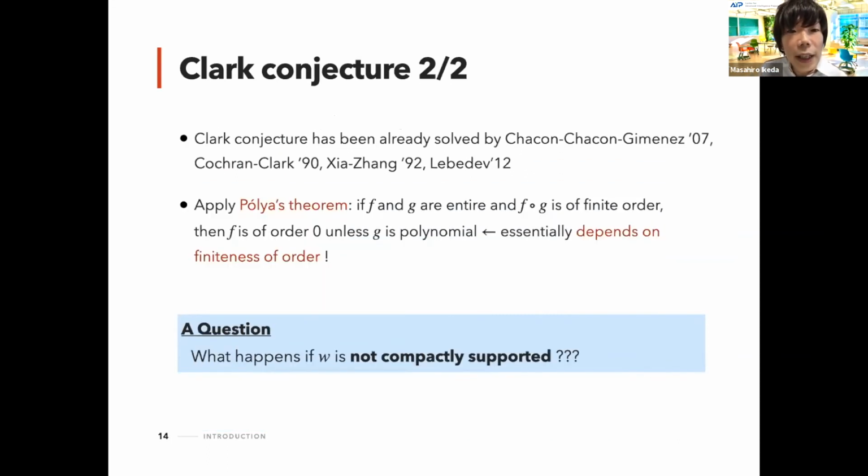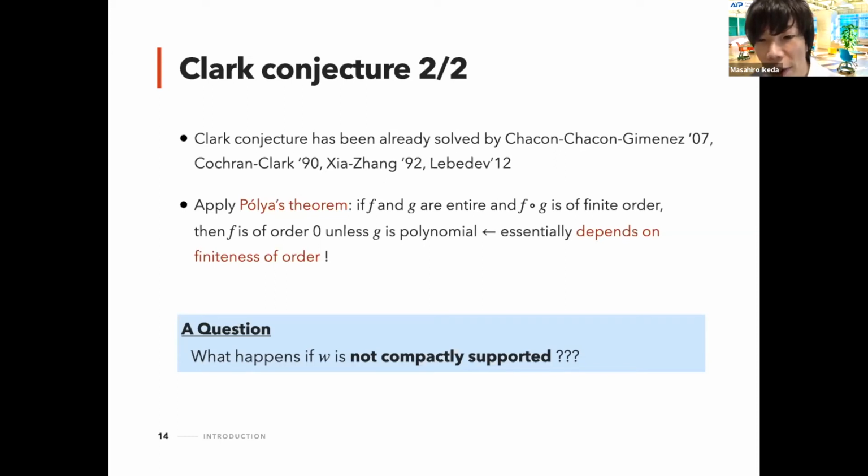The Clark conjecture has already been solved by several authors: Chacon and Gimenez in 2007, Kovacevic and Clark himself, and others. They apply Fuchs's theorem, namely, if f and g are entire, and the composition of f and g is of finite order, then f is of order 0 unless g is a polynomial. So they essentially depend